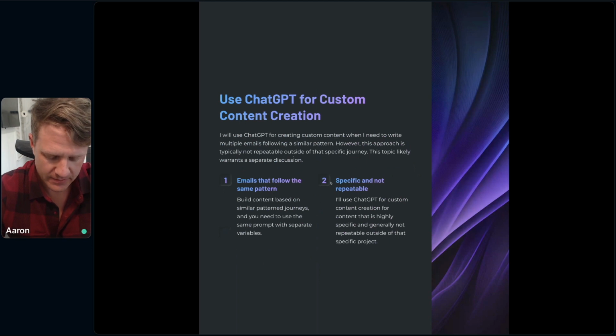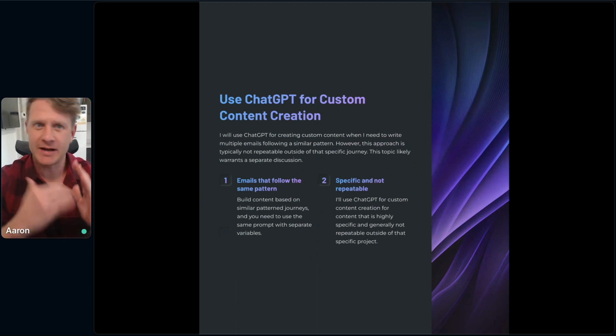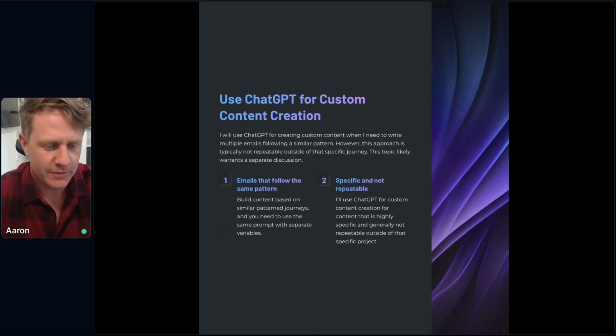A good example would be maybe I'm working on a series of lifecycle emails for a specific stage of user adoption. And those emails follow the same pattern where I have an H1, body copy, and 2 sections with featured images or featured content. And I need to use ChatGPT to generate content for that email. That's a great use case for ChatGPT. It's not a great use case to build custom GPTs because there's a lot of iteration that's highly specific to